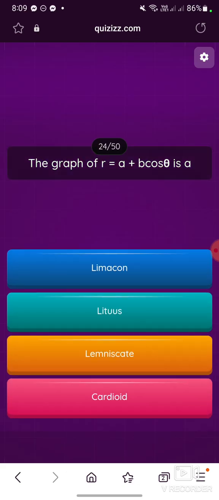The graph of r equals a plus b cos theta is a